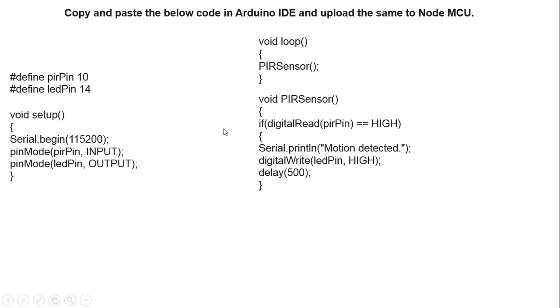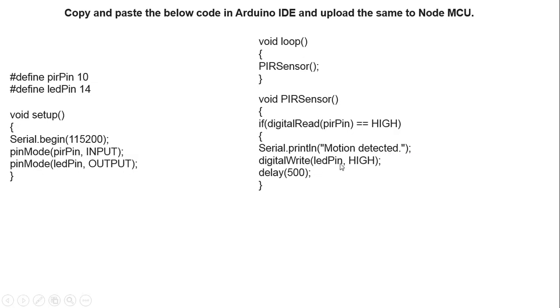And digital, because the PIR sensor is a digital sensor. So digitalRead(PIR_pin) == HIGH means that if there is any motion in front of that PIR sensor, then Serial.println